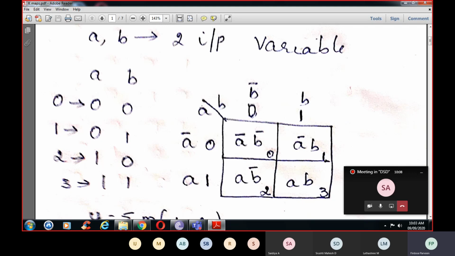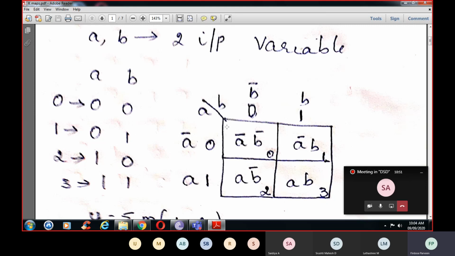Here we'll write A, and here it is B, that is the input variable. You have to follow the same sequence A, B. Here it is A and here it is B. You cannot write B here and A there. Compulsorily you have to write A here and B here. So this is 0, this is 1. Again it is 0, it is 1. 0 means, as this side is A, it is A bar. 1 means it is A. In the same way, 0 means B bar, 1 means B.